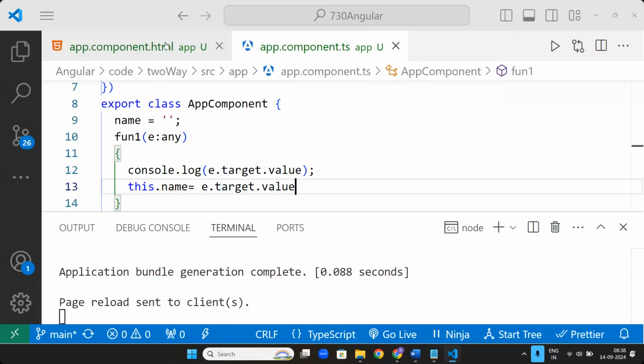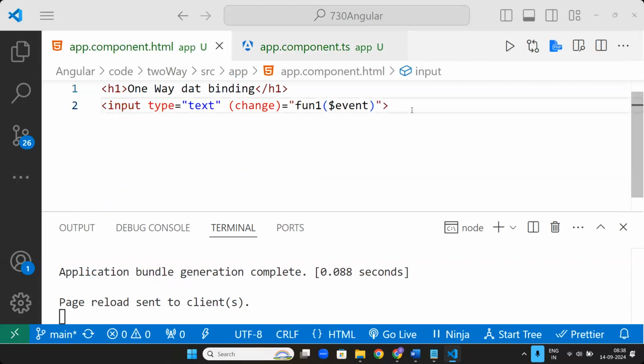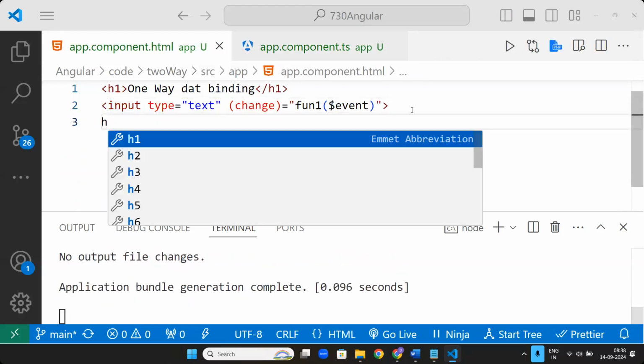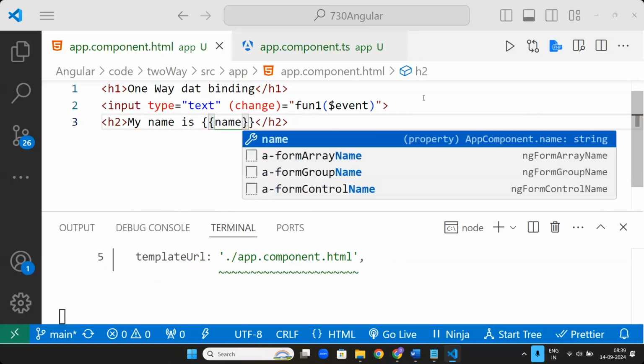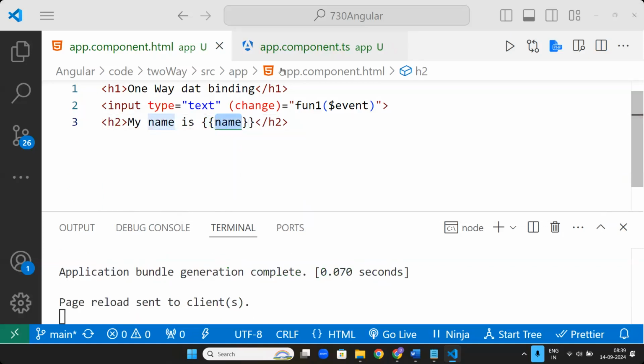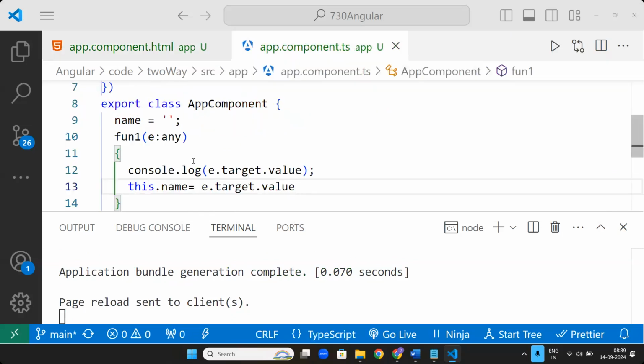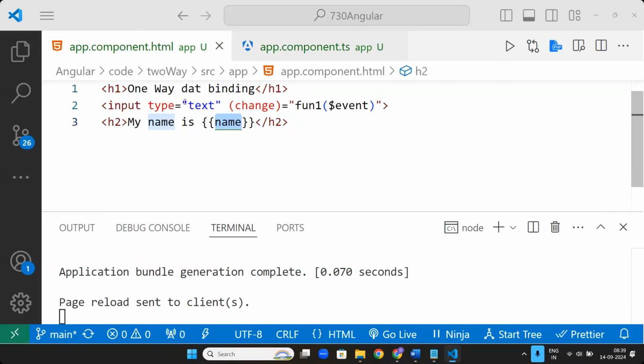It's a simple topic. Now, if I print it here, H2, my name is name. What is the name value? What is the original name value? Empty string. But sir, if you write something in this input box,